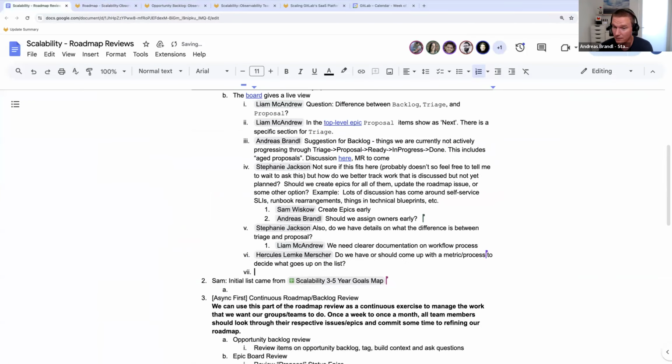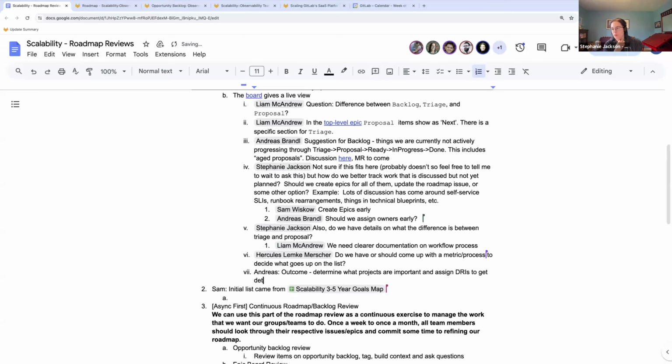So this could be one outcome of this meeting, that regularly, and also in the ASIC discussion before that, we determine what are the projects that are important for us to detail going forward. And I think that is where we could use backlog a lot more extensively and say that something in proposal or in triage is something that we think we will work on within the next year. Otherwise, it goes in backlog. I don't think that we're at a point now where we can plan a year ahead and reasonably flesh out an epic and have it be anything like accurate.